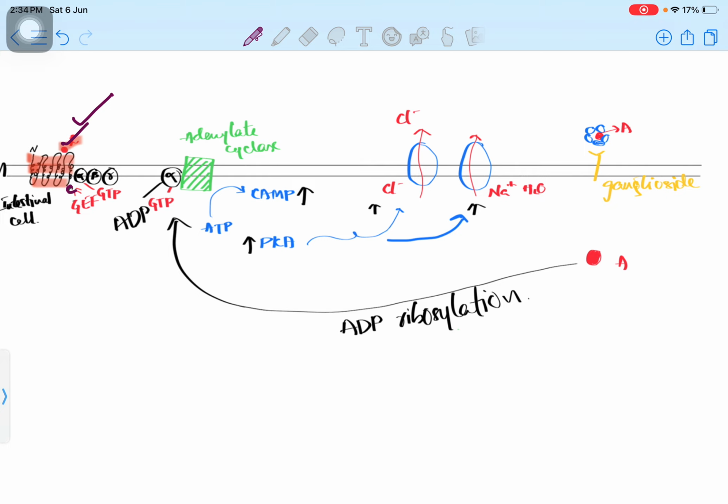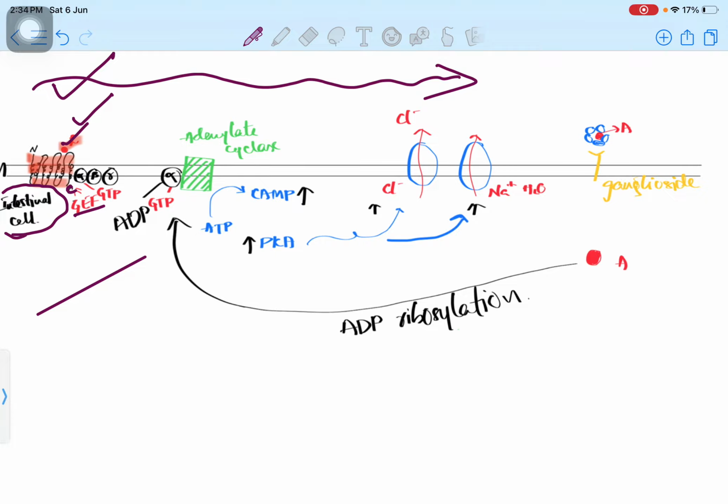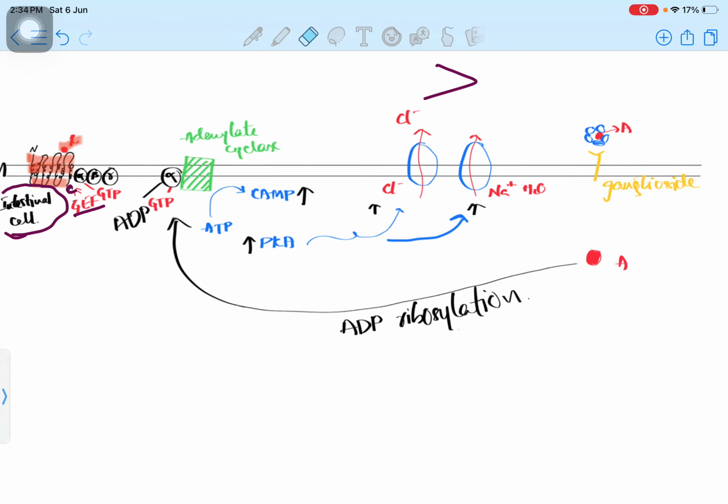After binding of a ligand on the GPCR, as you know, GEF activation is going to happen in this condition, and this whole process is happening in the intestinal cell. You can see this is our intestinal cell and this is the outside, the lumen of the intestine. From here the body waste material will travel. Inside the cell the GEF gets activated and our alpha subunit gets attached with the GTP and